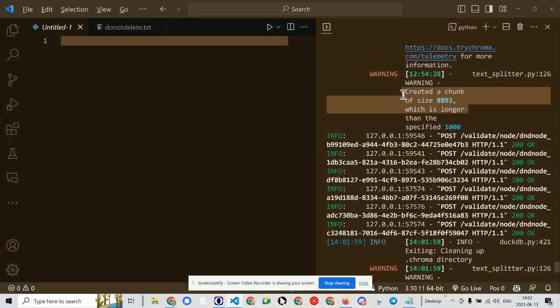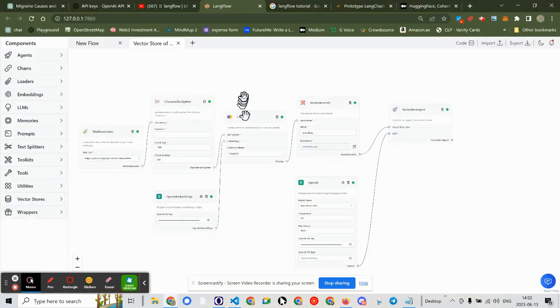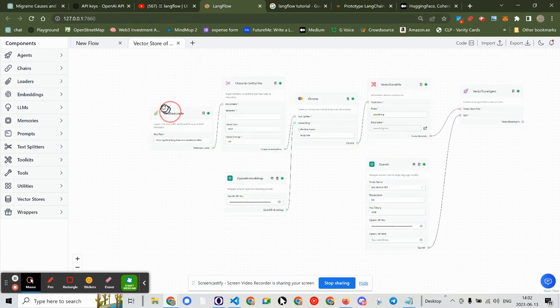You can see here, it created a chunk size of 8892, which is too long. Let's try a different web page. I'm going to delete that one,